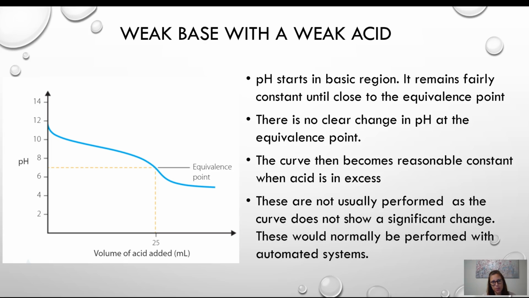Now here you can see a weak acid with a weak base, and you can see that the shape of the graph is quite different to the other three graphs that we've had a look at. The main reason for that is a weak acid with a weak base. It's starting in that basic region. We're adding the weak acid. You can see that it's dropping off a little bit steeper than it has with any of the other graphs, but still dropping off a little bit. But there's no real clear change in pH at that equivalence point. We're not getting that sudden drop that we were getting with the other graphs. Due to this, we don't tend to actually perform these in a titration. If anything, they would be completed with an automated titration rather than a manual one,